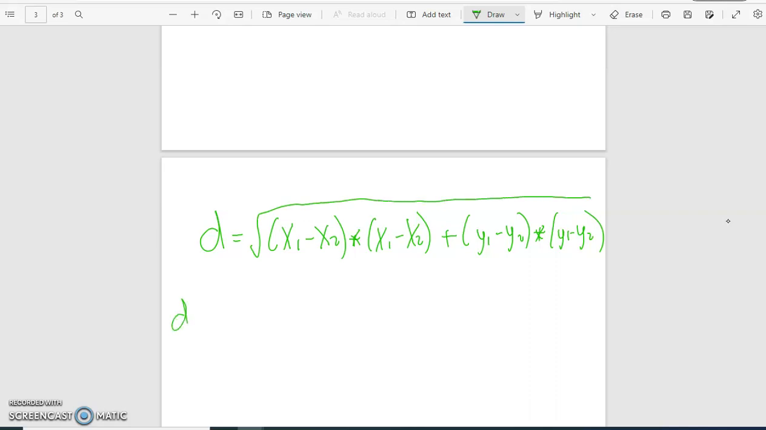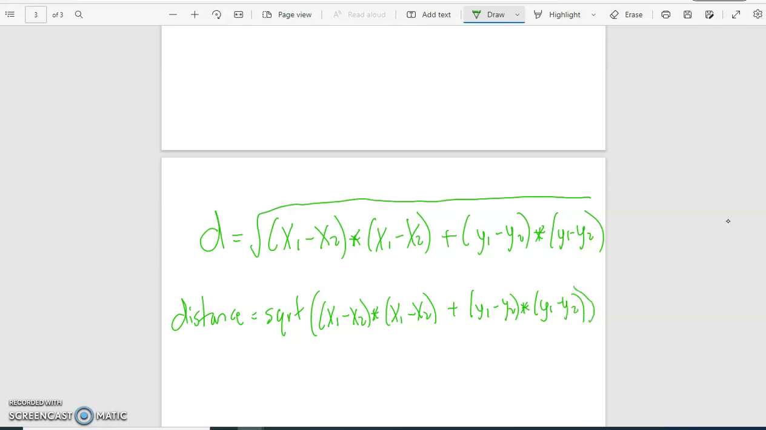So your distance method, I think distance is the variable, would be the square root of x1 minus x2 times x1 minus x2 plus y1 minus y2 times y1 minus y2. And I think the variable is called distance, but this will definitely be your expression right